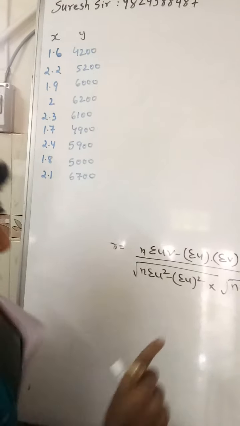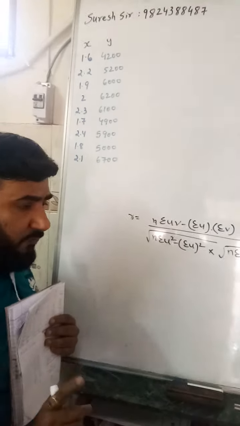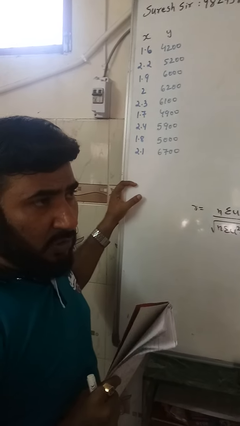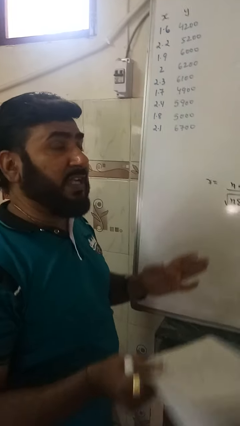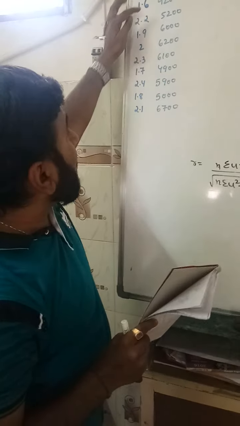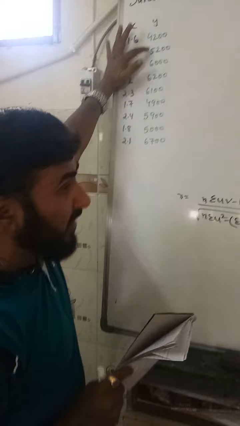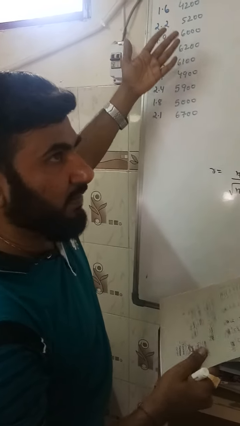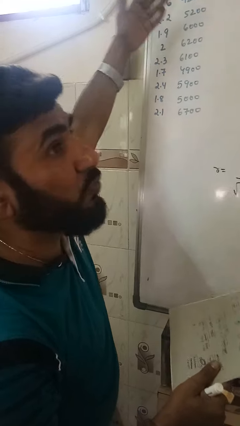Now I am explaining you one rule. Listen carefully. In every sum we find x bar and y bar very first, to see whether those values are in fraction or in integer. But when the values of x and y, the values of the sum, are too much higher, that means more than 500,000, once again listen, more than 500,000,